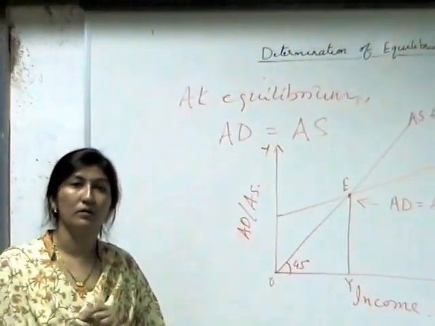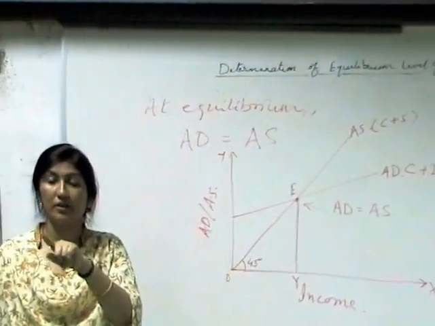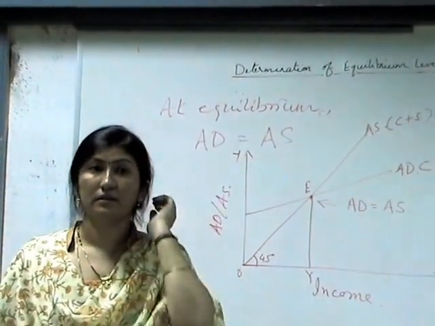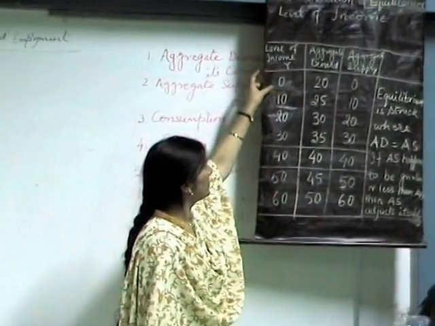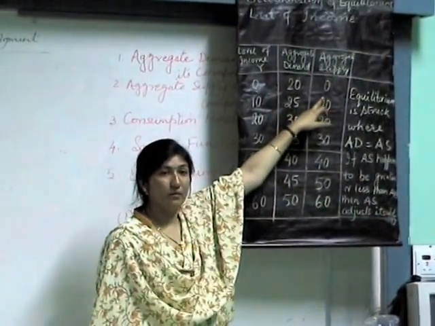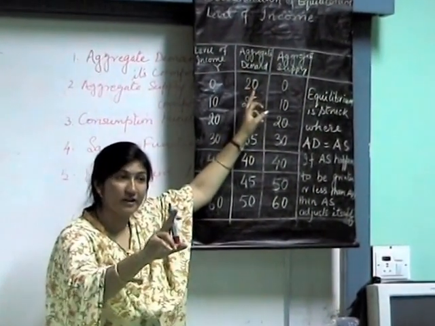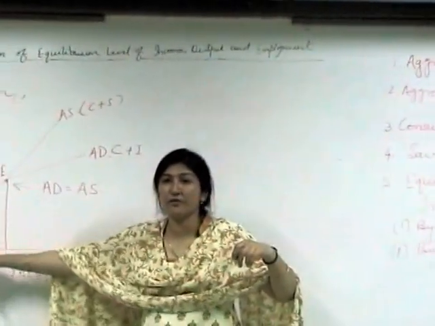Okay. Now, Seema, here just to tell them why we start AS from 0, just turn your page and see that schedule where we have taken AS. It is there also. Yes. Here also. What do you find? Aggregate supply. What did I say? When we were dealing with consumption, even at the zero level of income, there will be a certain amount of consumption, and that's why your C plus I curve starts from above 0, not from 0.